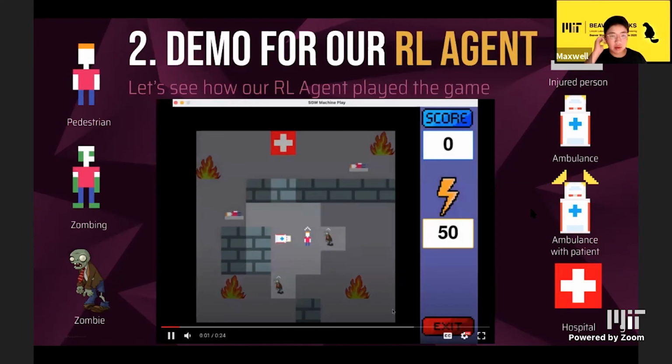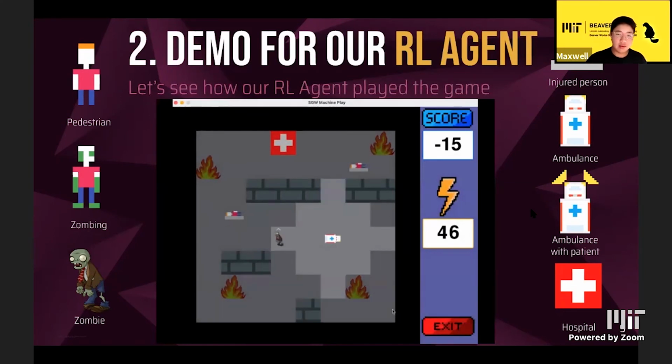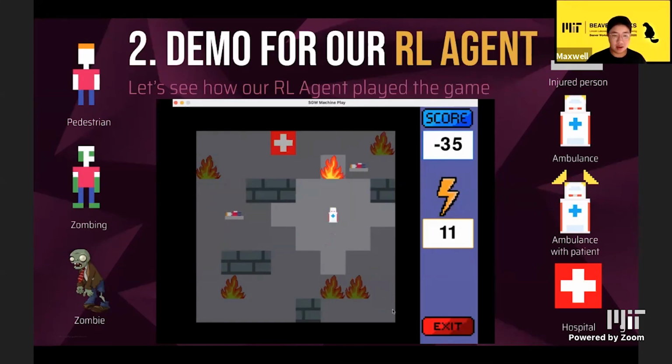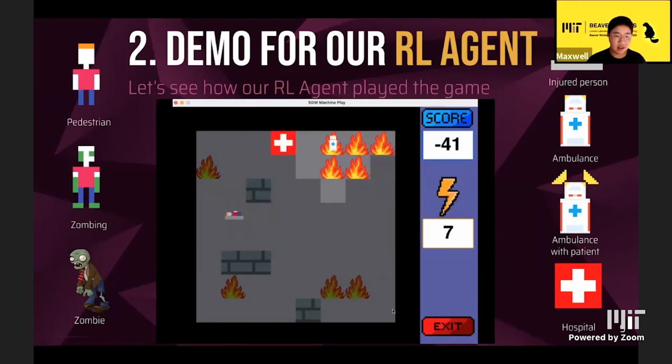Now on to a demo of our agent. Firstly, our agent moves 2 steps forward, running over the pedestrian and the zombie. Now the agent has stopped and is currently thinking of new steps to take, using up its energy during the process. It'll keep using up energy until it finally decides to make a turn, and then it'll keep using up energy and keep thinking until it finally decides to turn and move straight into the fire.